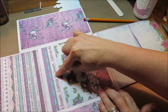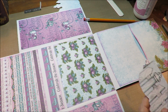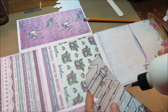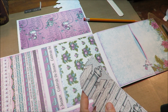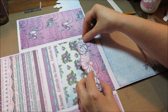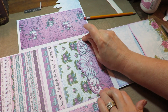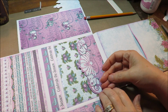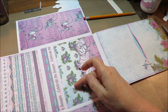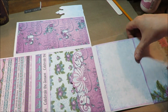I think you can still fit a tag in here because it'll be from here to here, so there'll be a place to put a little something there. So I'm going to glue that down. And that brings more of the paper on the sides towards the center when you open the book. It also brings a little bit of the paper that you have at the top right here, and hopefully it looks well at the bottom. So now let me close this up